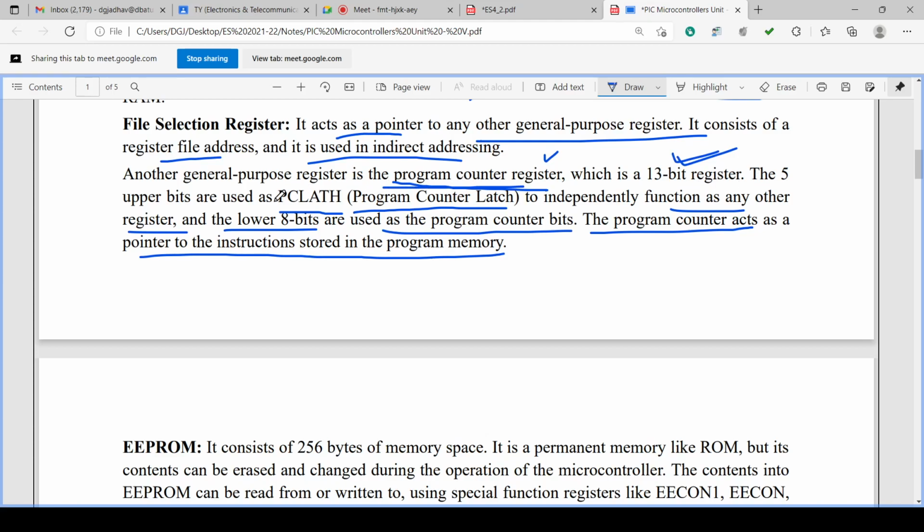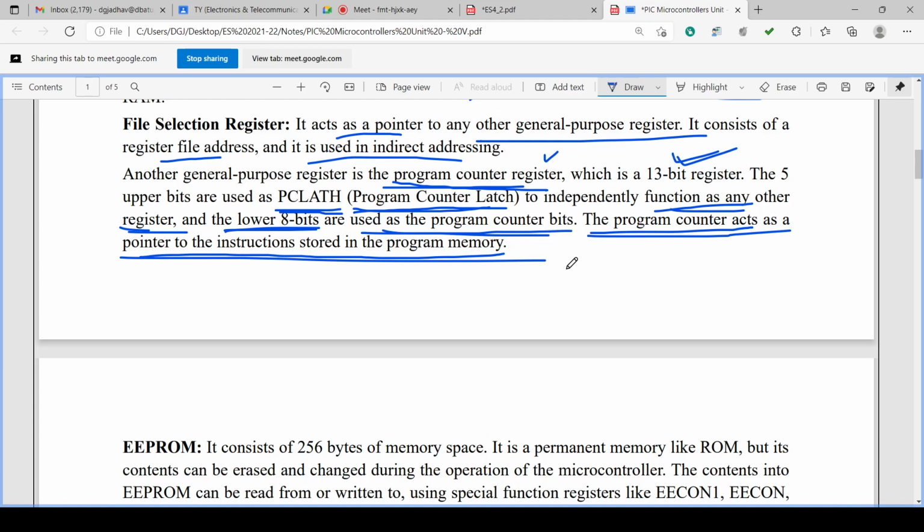The upper 5 bits are used as a PC latch, PCLATCH, program counter latch, and function independently like any other register, and the lower 8 bits are used as program counter bits. The program counter acts as a pointer to instructions stored in the program memory.